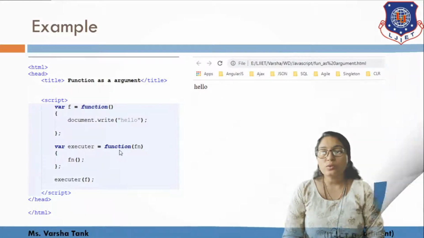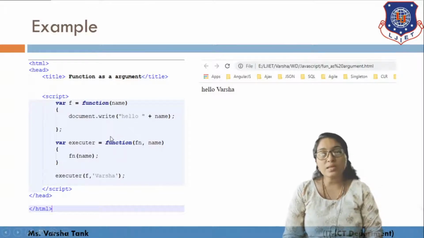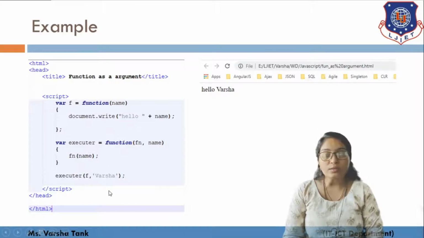Now another, third example. In this example we are passing a parameter also, with the function. Here you can see variable f, the same example, is equal to function with the parameter name. Now document.write hello plus name. Whatever argument you pass will be displayed as hello plus your name.